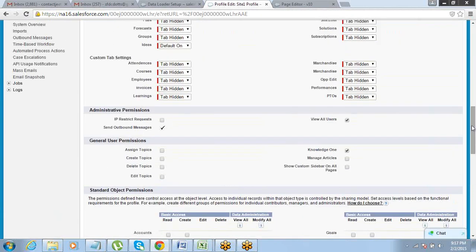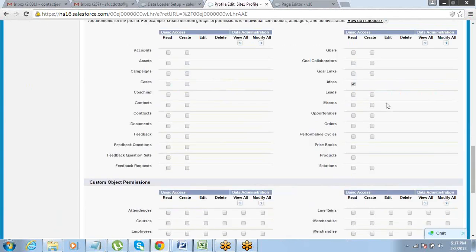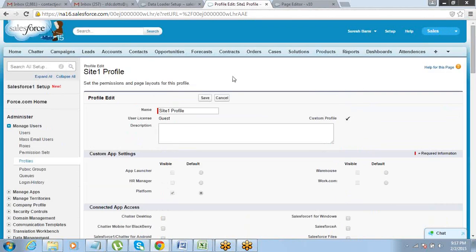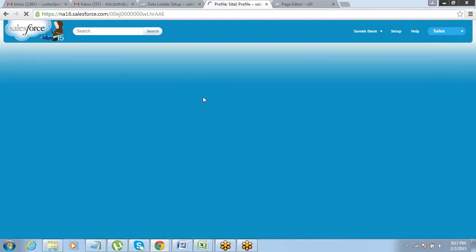As of now there is no permission for any object. I want them to see opportunities, so I have to give this permission here. At least view access needs to be given on opportunity, because that is what I'm trying to display. In your case, if you are talking about jobs, you should have given view permission on jobs.